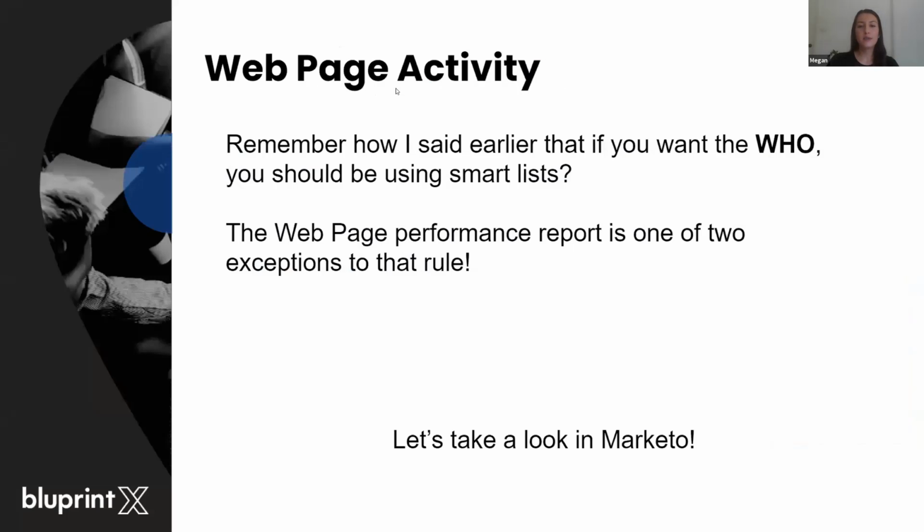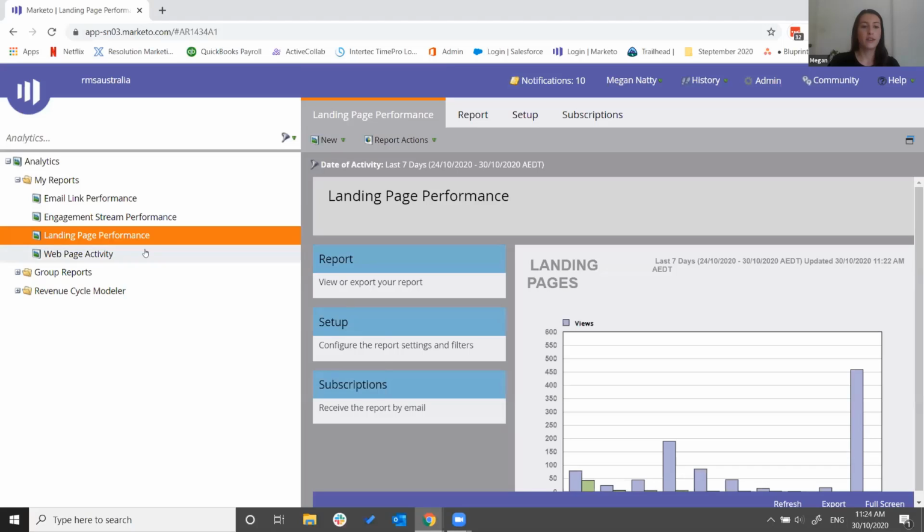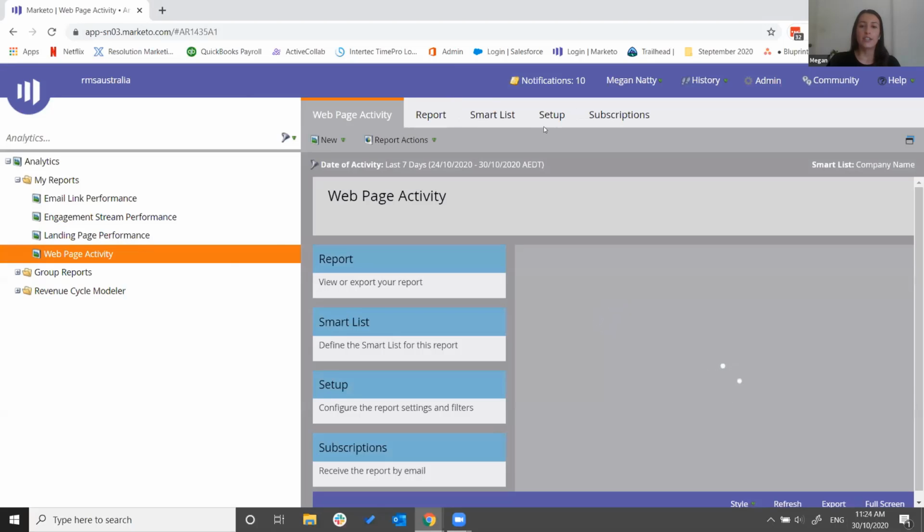Now, the last report we're going to take a brief look at is the web page activity report. Remember how I said earlier that if you want the who, you should be using Smart List, but we did have a few little exemptions to that rule, and web page activity is one of them. So, looking at our web page activity report,